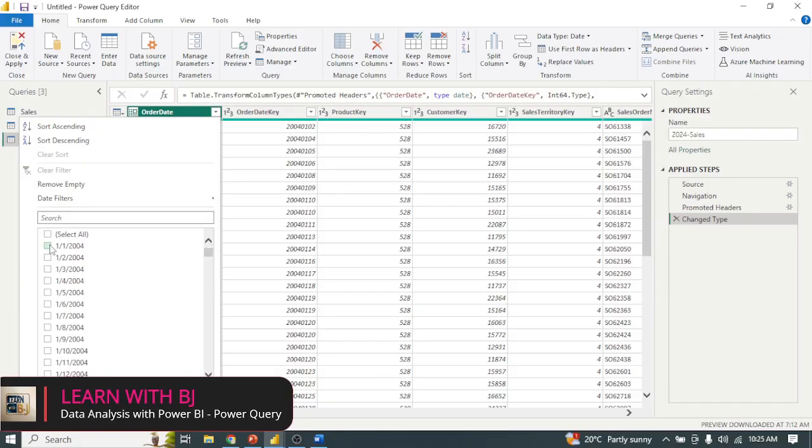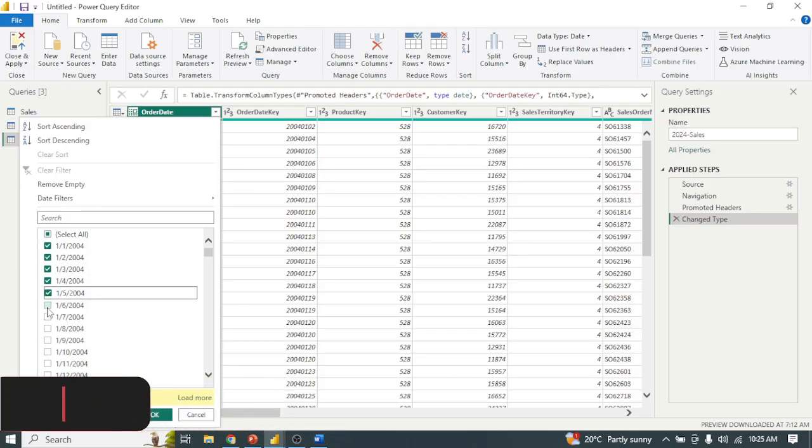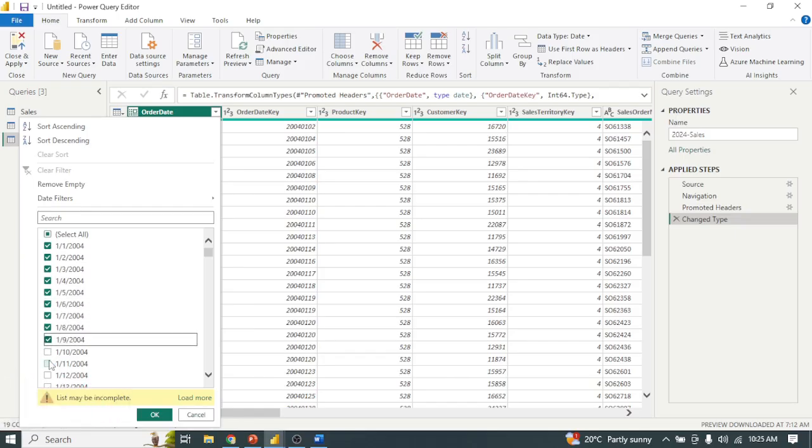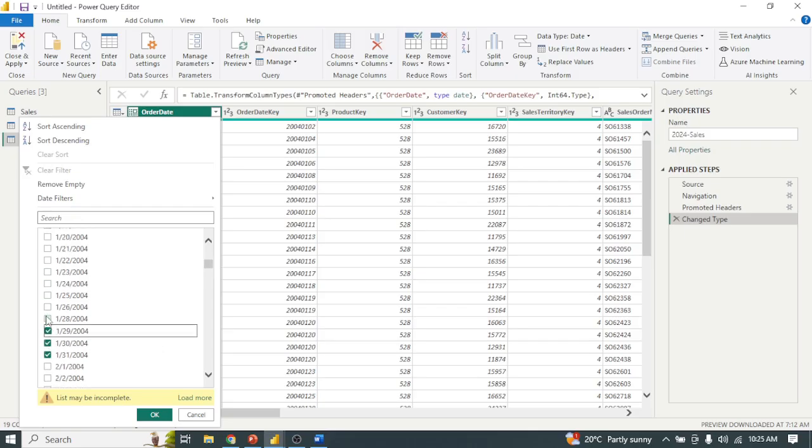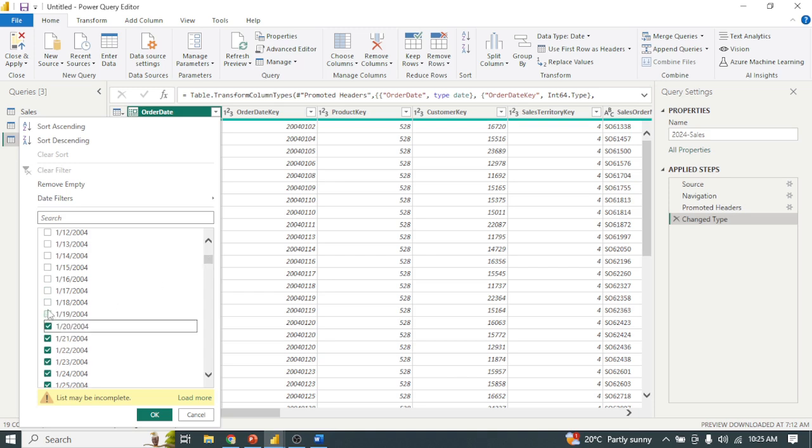So I will come here and click on first, second, third, up to where the date for January ends, of which we have the 31st. So this is not sorting, but I'm trying to filter. I'm filtering out the rest of the data. I only want the sales for January. Then I will click